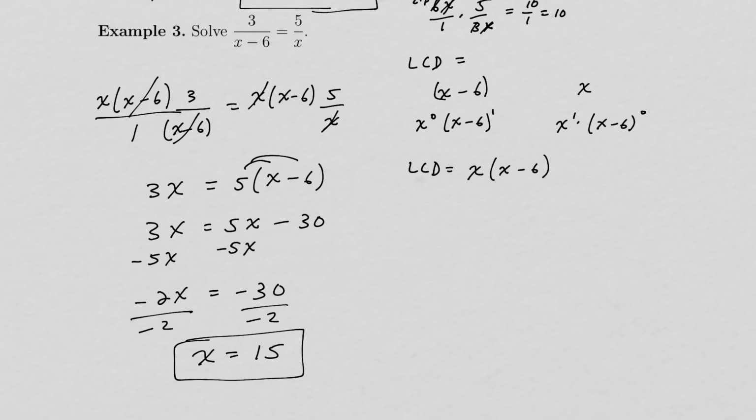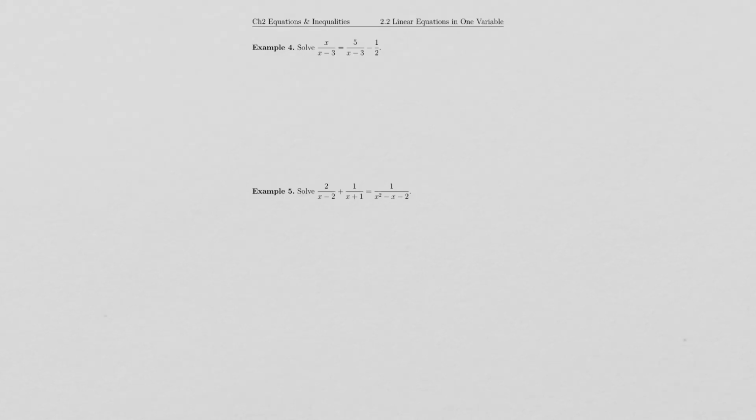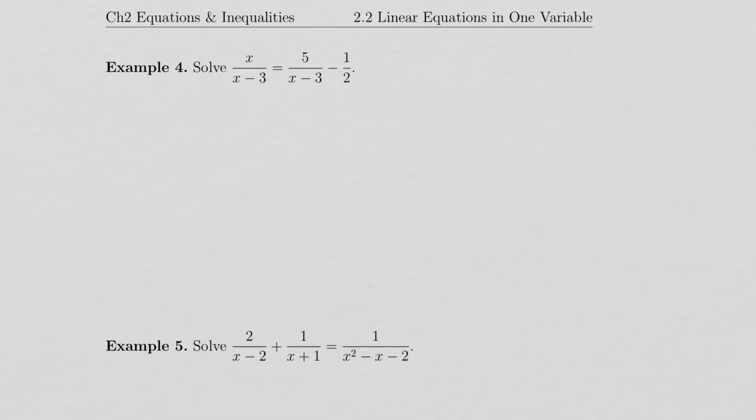Okay, a few more of these. So same process, find the LCD and then multiply both sides of the equation by the LCD. So in this case, to find the LCD, well, I have x minus 3 as a factor, and then x minus 3,